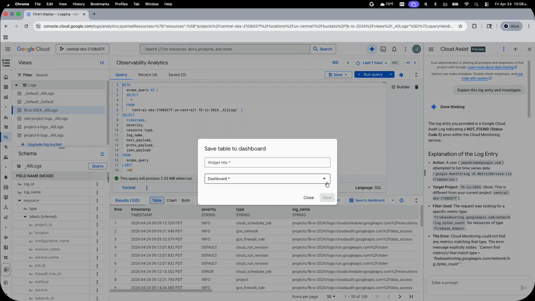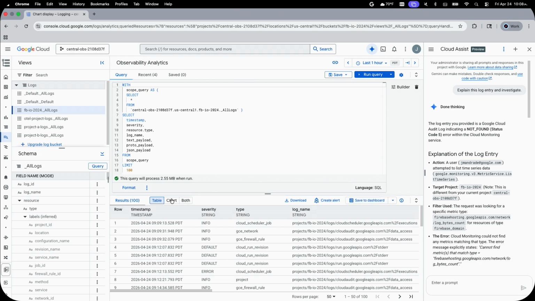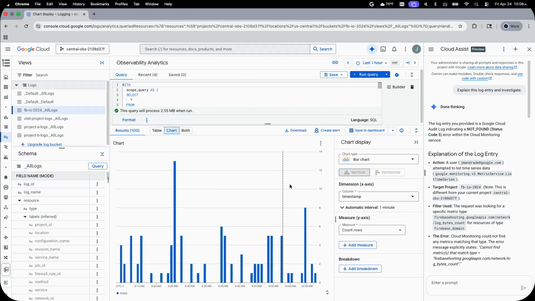I can save my queries to dashboards. I can create charts based on my queries, and it can be a bar chart, it could be a pie chart, area chart, different types of charts. All of these can become a widget that you can add into a dashboard. So I'm going to do precisely that. I'm going to go into my dashboards,